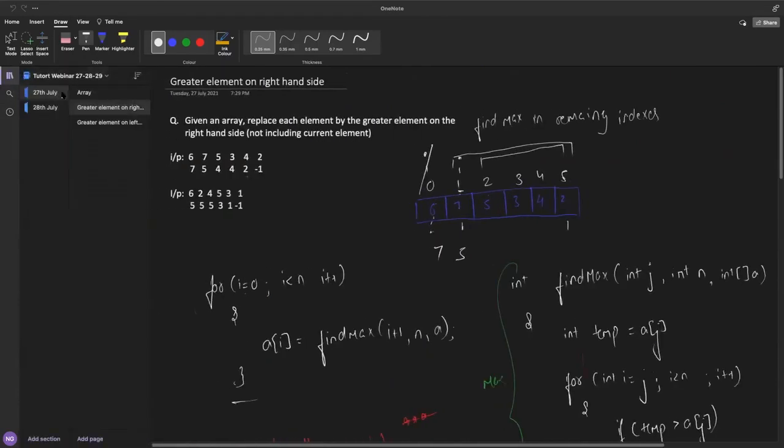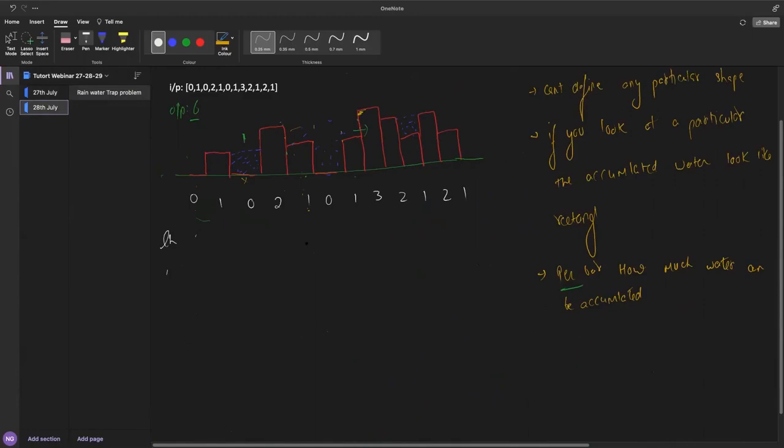You can include it because it might be possible that the current bar itself is greater than anything, like 3. You will not find any greater element on the left hand side or on the right hand side, so you can include the current element in your calculation. That's the only difference between the last class discussion and today's discussion.